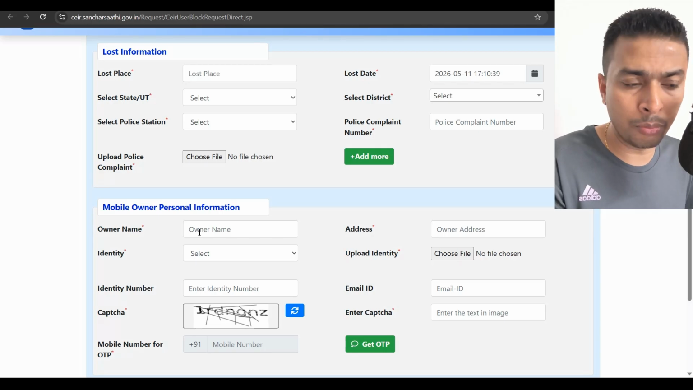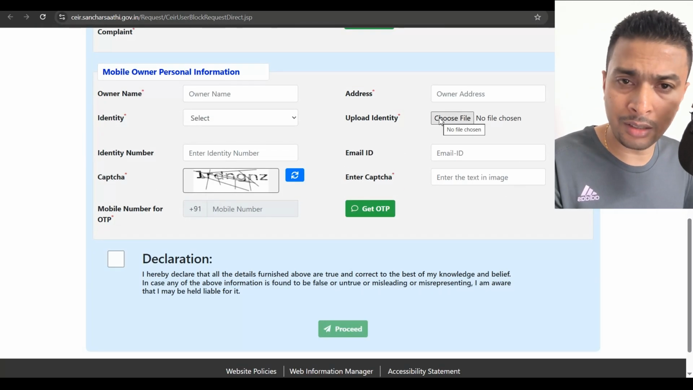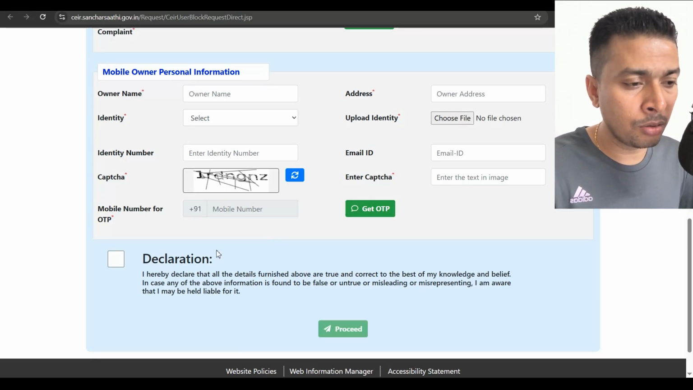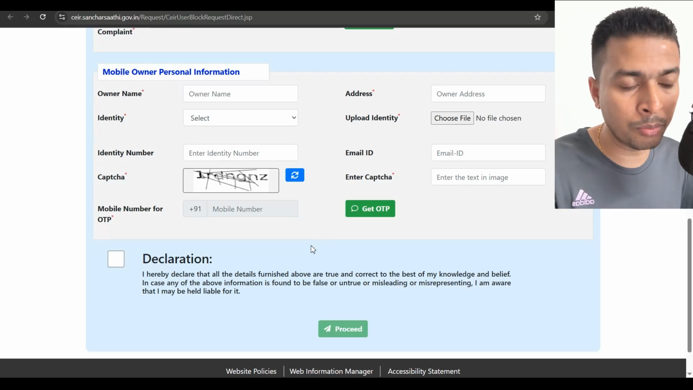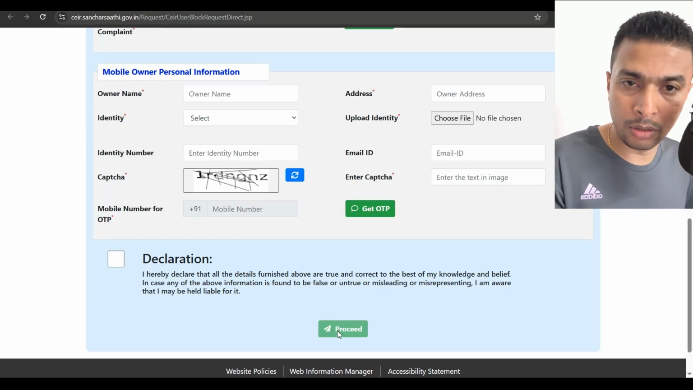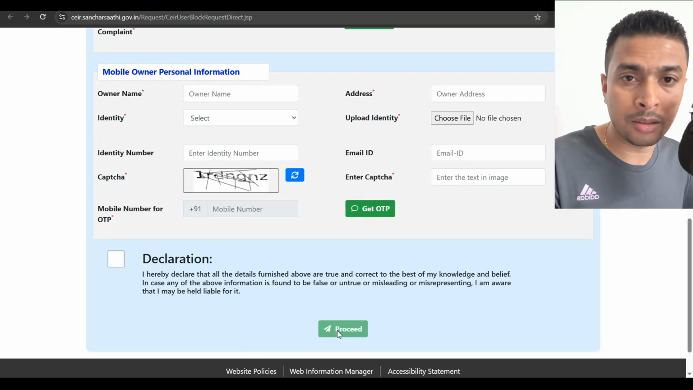So if this is your phone, put in your personal information, upload your identity proof like an ID card or something like your passport or your driver's license or whatever, and you verify your existing mobile phone number. Okay, get an OTP, verify all the details out here that you put in, checkbox this and click on proceed. You get a tracking number. You need to keep that tracking number so that you could go ahead and track the status of your lost